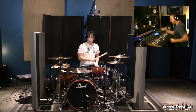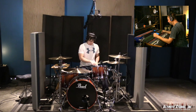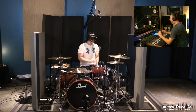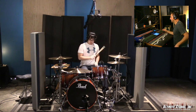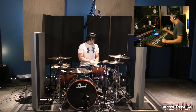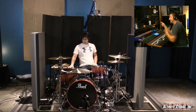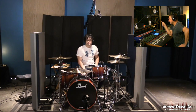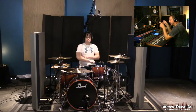Stay on the hat. That definitely tightened things up. 2, 3. That definitely changed things. Most likely, here's the reason why in this room that made almost more of a difference than having the gobos